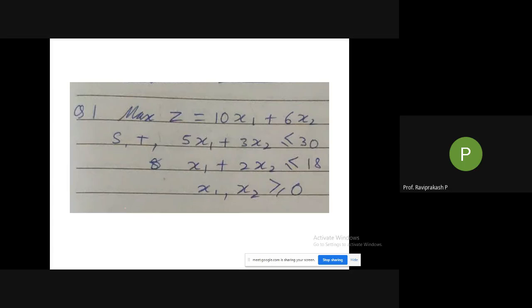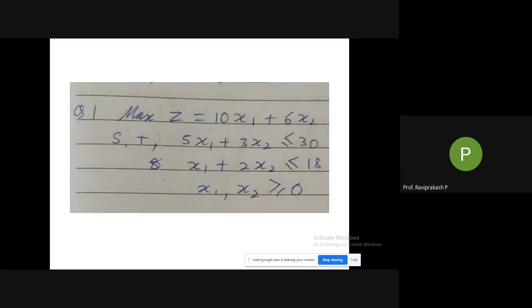Who was that? Can you tell me your name? I'm not able to hear you properly. You can message me if you are interested. The first two students who will message me, I'll drop the name in the group. Message me personally. The first two students who drop their names, I'll put them in the official group. Those two people will be solving these two.